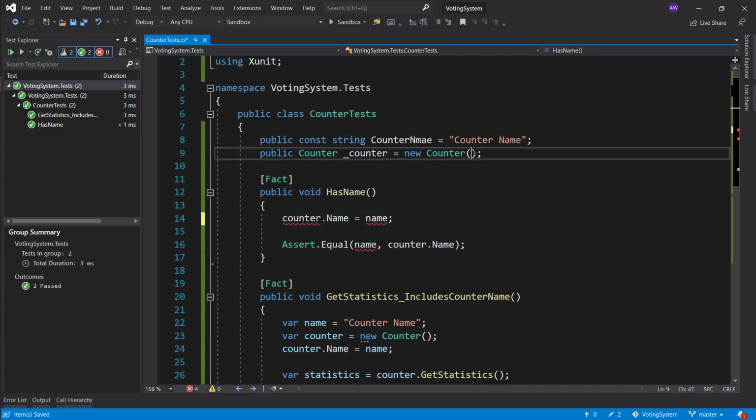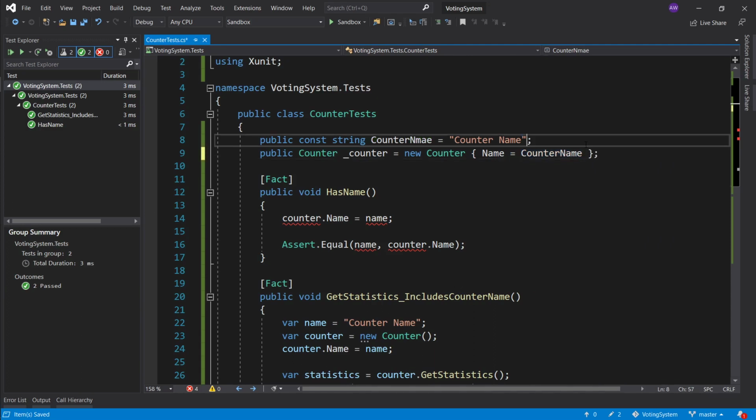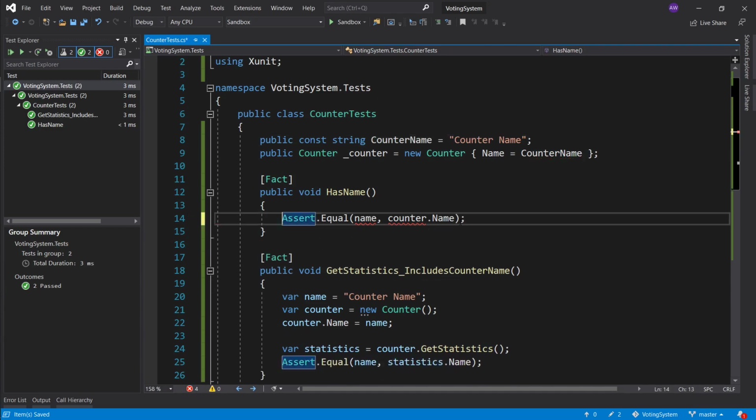Let's remove this. In the constructor here, we can specify the name. I will rename this name to actually be coherent, like name and name. Okay, and remove all of that, since now I can specify the counter name in the name part and counter